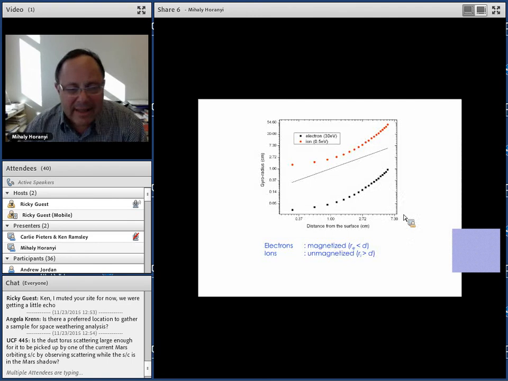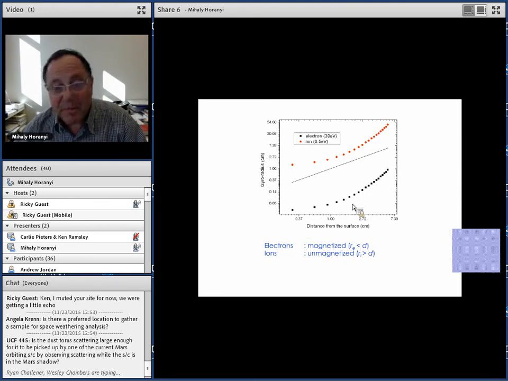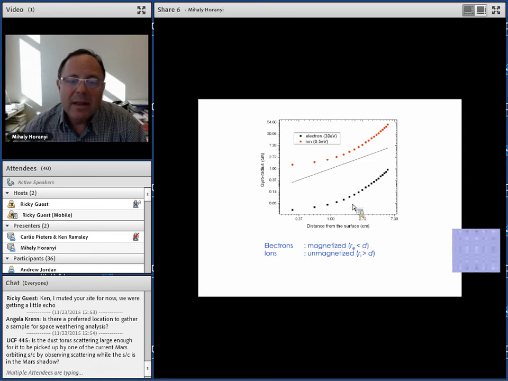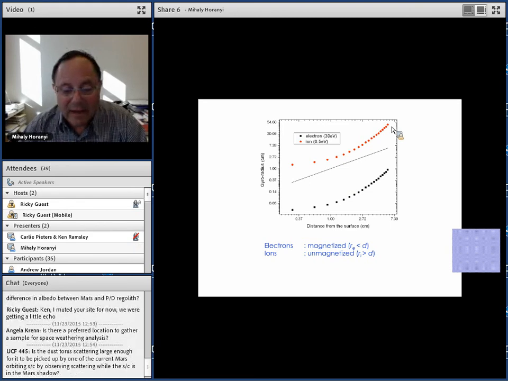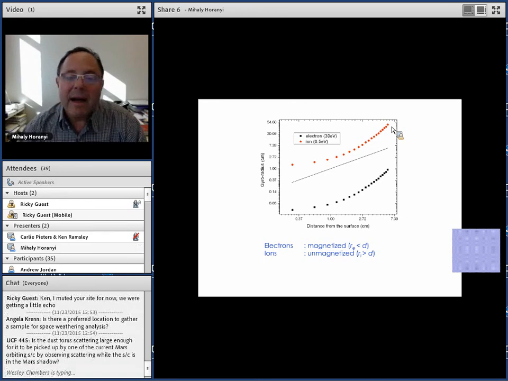And this is an interesting regime in plasma physics, because what I show you is distance from the surface, at least in our laboratory experiments, but this is also the case for the moon. The red is what we call the gyro radius. Charged particles in magnetic field lines go around and around, more or less in circles, and those circles are tiny for electrons and very large for ions. This is what we call the electrons are magnetized. Their motion is dominated by magnetic forces, and the ions remain unmagnetized, so they just flow more or less unperturbed